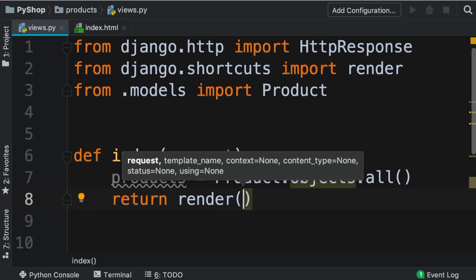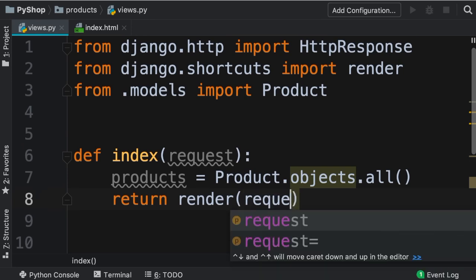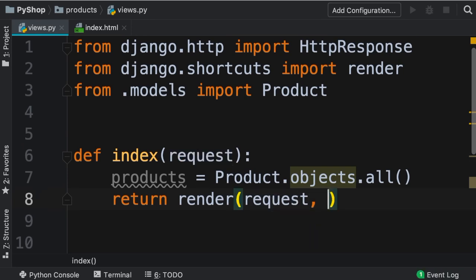As the first argument, we need to pass this request object that we get as an argument to this function. So let's pass the request here. As the second argument, we need to specify the name of our template. So we pass a string. What is the name of our template? That is index.html, right? Now, before going any further, let's go back to the browser